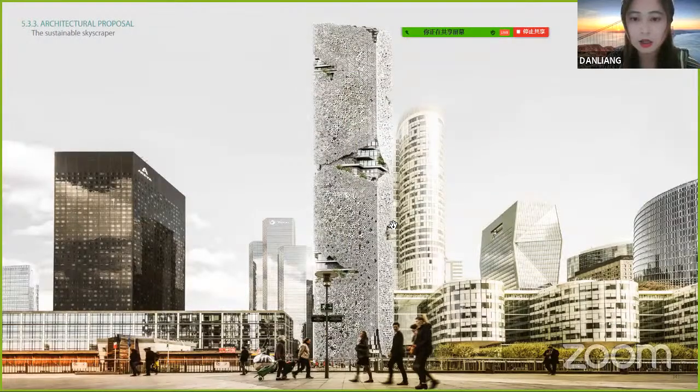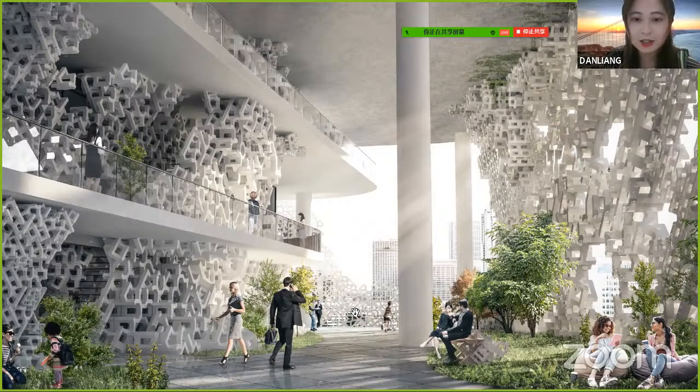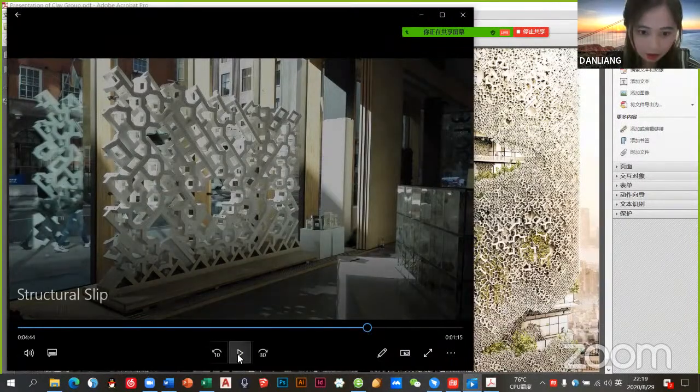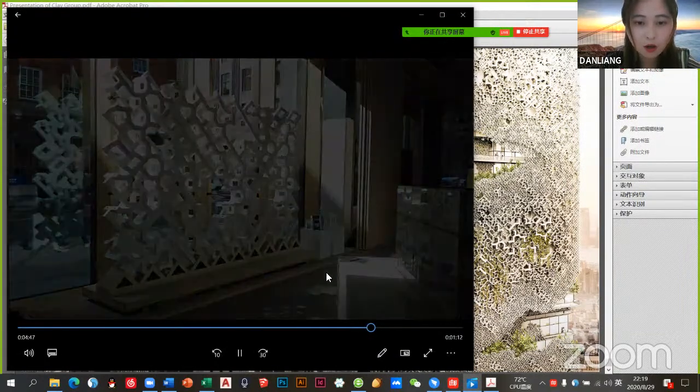So we suggest a skyscraper scale. Maybe this system could work together with a metal frame and wooden pad to be the screen, and people can walk inside it to enjoy the atmosphere. So imagine that in this high-rise building, the natural material ceramic will work together with nature to delight people inside. So that's my presentation, and also some quick things about the Bartlett and also how